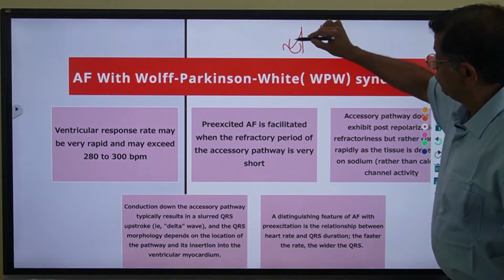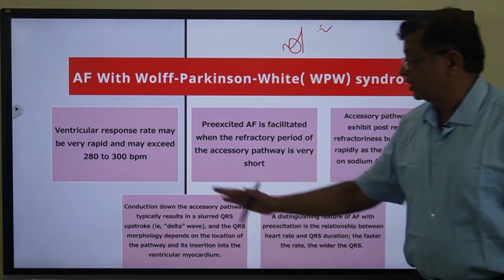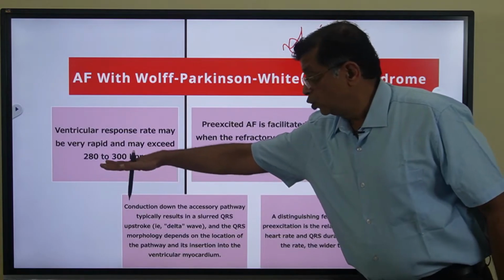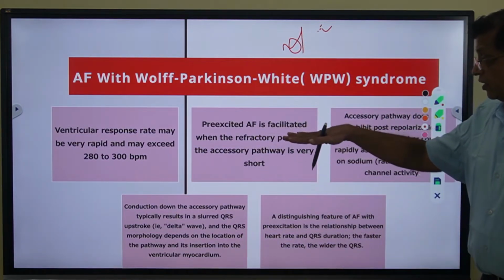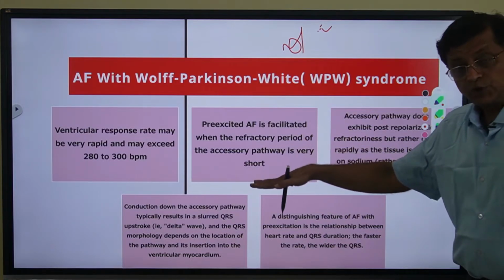That is responsible for the typical delta wave in WPW, which is called pre-excitation. The ventricular response rate may be very rapid, 200 to 300 per minute. So this is a medical emergency. Pre-excited AF is facilitated when the refractory period of the accessory pathway is very short,